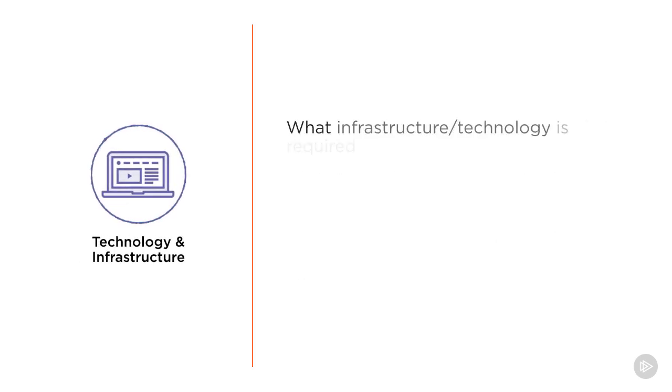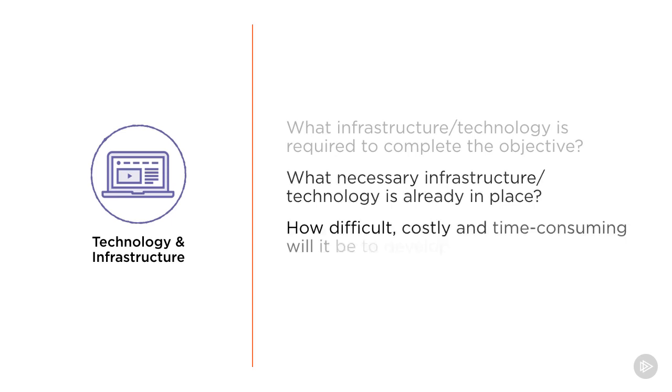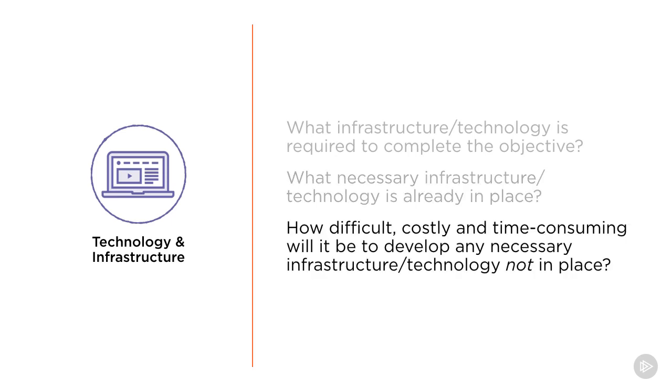When it comes to technology and infrastructure, what IT infrastructure or other types of infrastructure are going to be required in order to complete the objective? Further, how much of this is already in place? This is another area where we look at where we currently are and where we need to be, and can complete some gap analysis accordingly. We should also consider how difficult, costly, and time-consuming it'll be in order to develop any of that necessary infrastructure